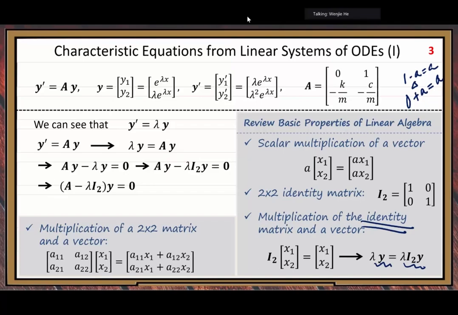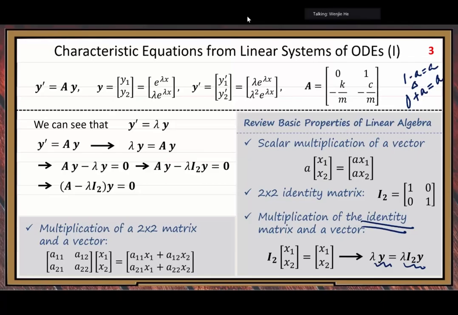If you just work on the form, because if you use the experience from algebra factorization, if you miss this I2 matrix, you get something